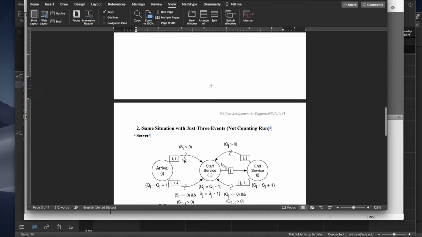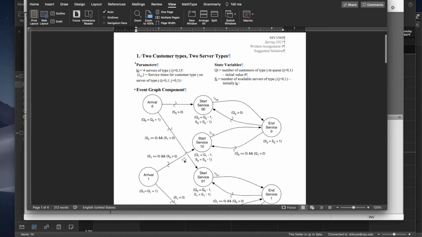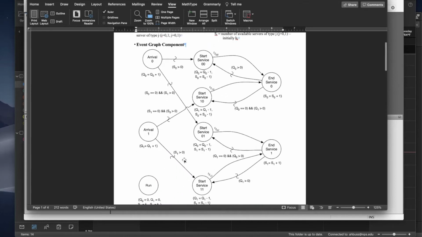So here's the motivation for this. Let's look back at this. First of all, it is kind of busy. It's not the busiest event graph that we'll encounter, but it's still a bit busy. It's not so much the busyness, but